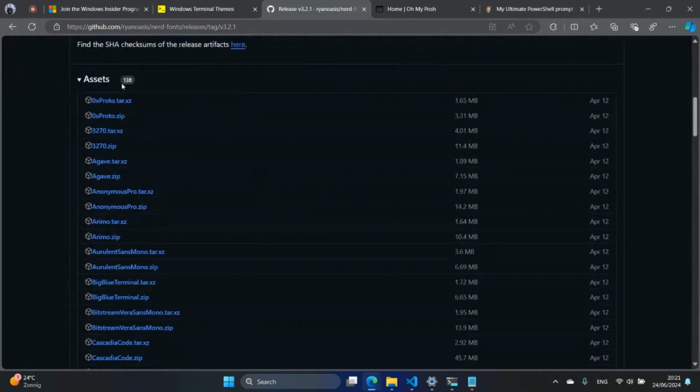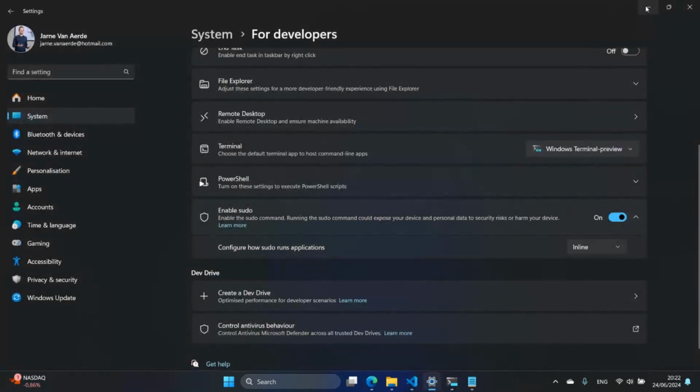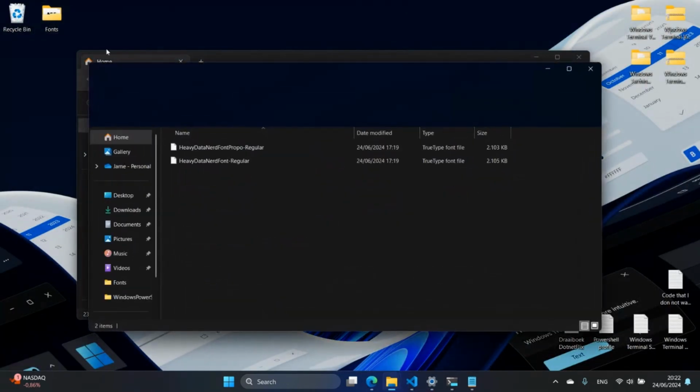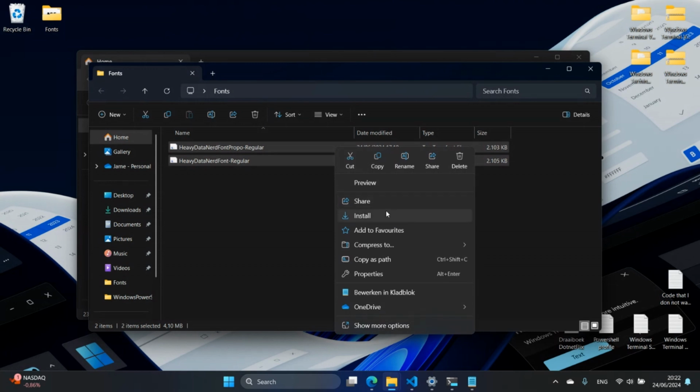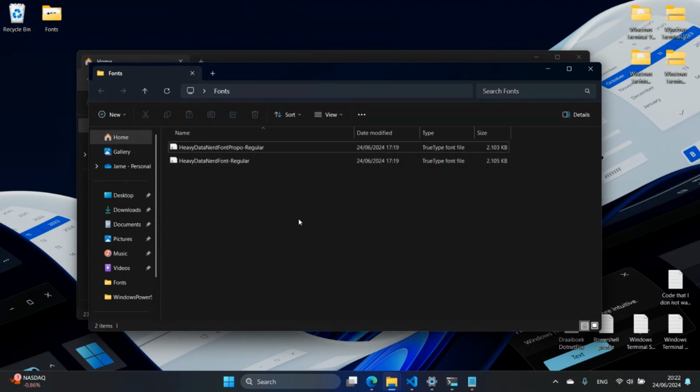And then when you scroll down, you have a whole lot of assets and a whole lot of different fonts you can choose from. Now, if you don't know how a specific font will look, you can just Google the name of the font and you will find it out. I already downloaded the specific fonts. It will just download in a directory. And normally you will have some variants of the font that will be downloaded. It's very easy. You can just select them all, press install, and the fonts will be installed on your Windows